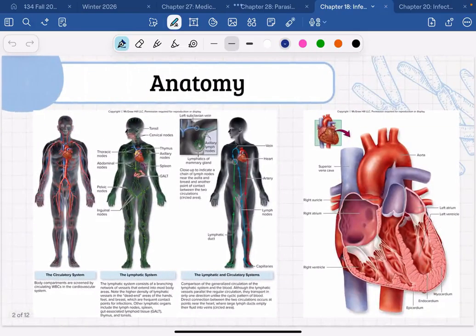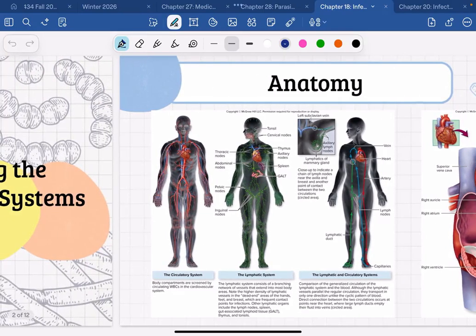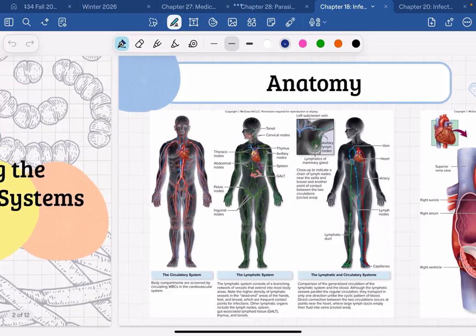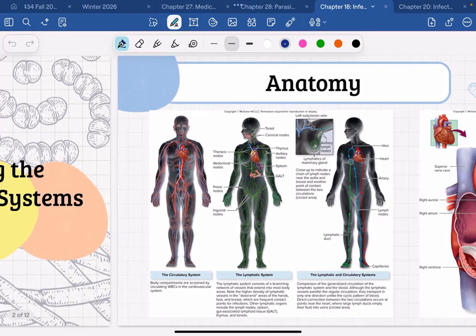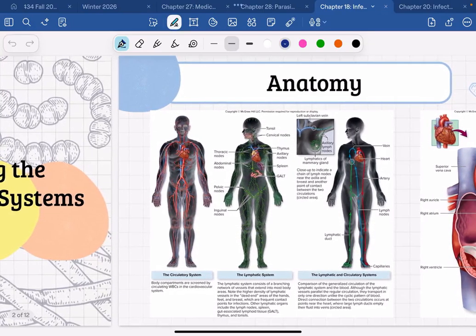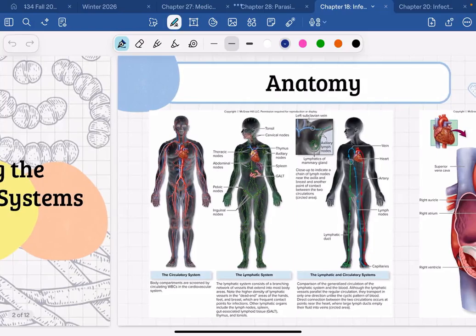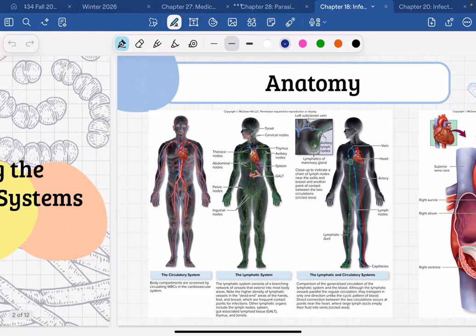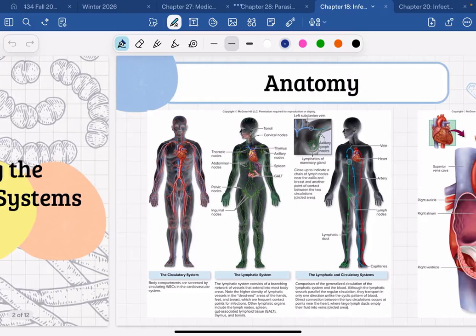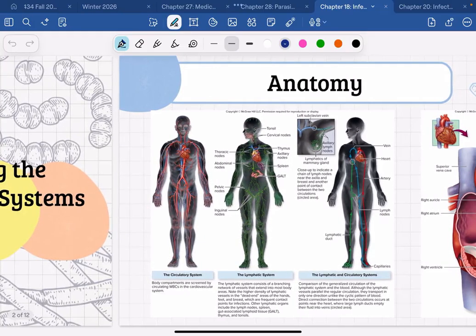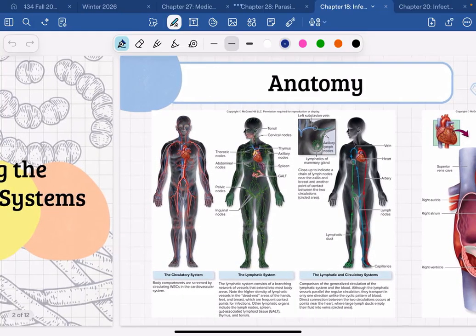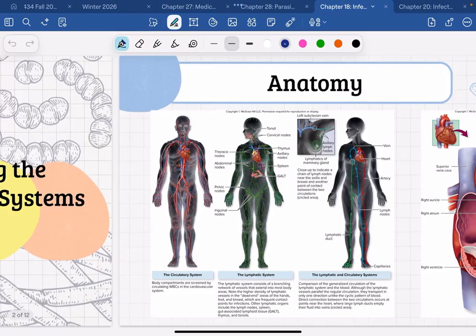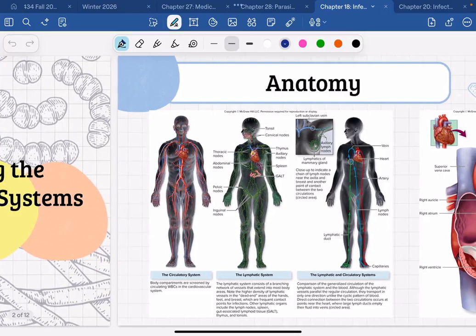All right, and this is just a picture that we have looked at before that shows the anatomy of the cardiovascular and the lymphatic system. So the cardiovascular system, like we talked about before, is meant for circulating red blood cells and oxygen through your body. Your lymphatic system is mostly meant for circulating white blood cells and other immune components. So your lymph system has a lot to do with the immune system. Your circulatory system has more to do with circulating oxygen and other products throughout your body.